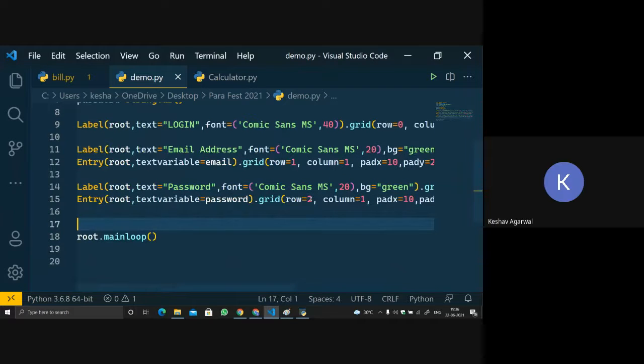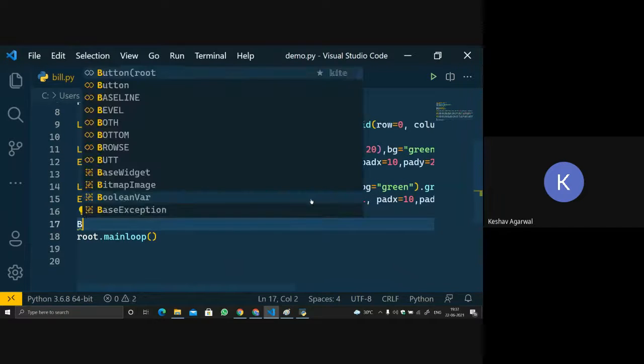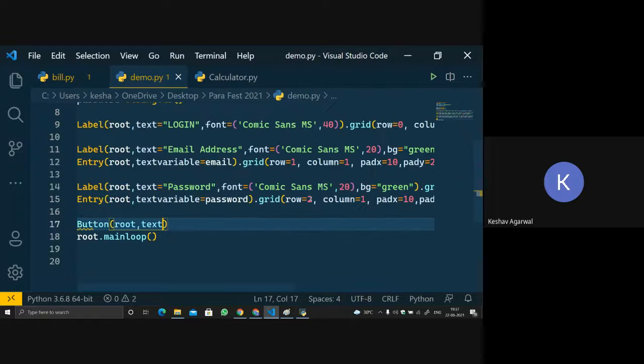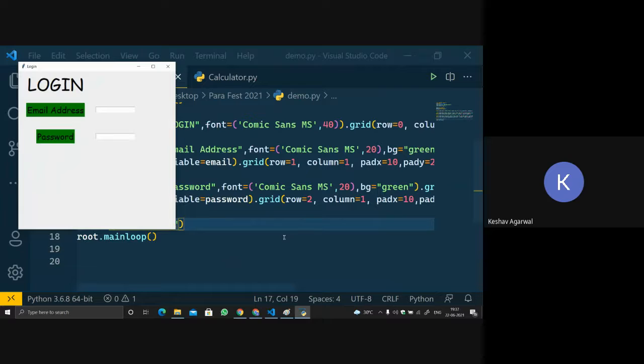Okay, so now let's put a button. Yeah, I do have one more question. Can you just go to that display? If I need to increase the size of this text box, I mean the place where we enter, can we define the font size? It is because of the font size.